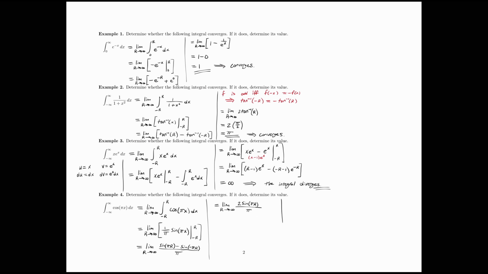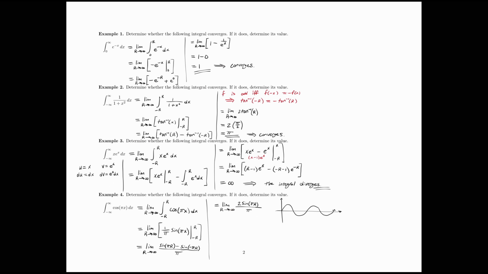Now if you think about what sine looks like, sure, sine of pi r times 2 over pi, regardless of that little stretch and change in frequency, sine still has this basic shape. Sure, the frequency is different. 2 over pi is about 2/3, so it's a shrunk down version of the usual sine. But that doesn't matter, because really, when you take a limit to infinity, you're really asking